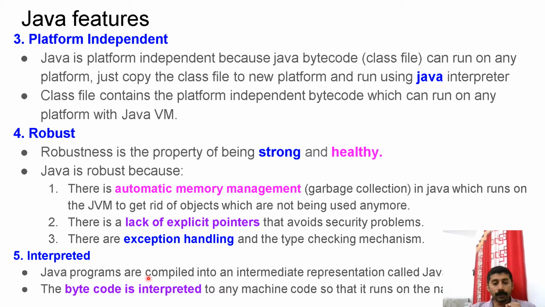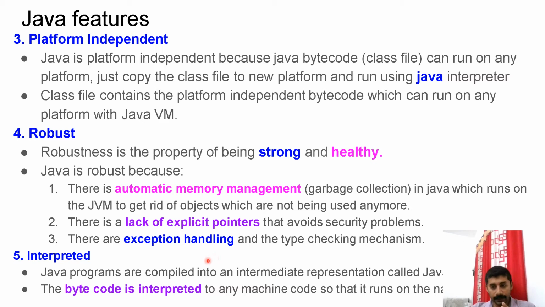Interpreted. Java programs are compiled into an intermediate representation called Java bytecode. The bytecode is interpreted into machine code so that it runs on that native machine. So a Java program is first compiled and you create the class file, then you have to interpret it.